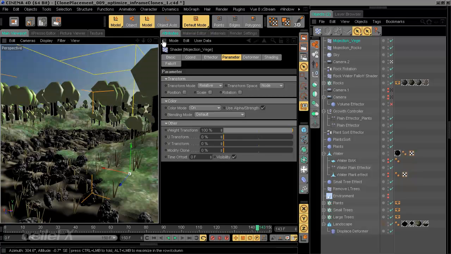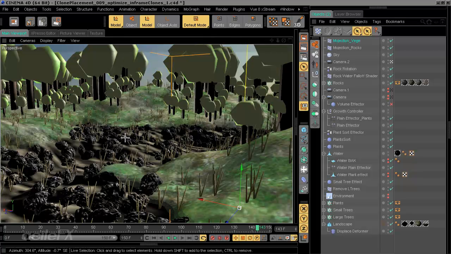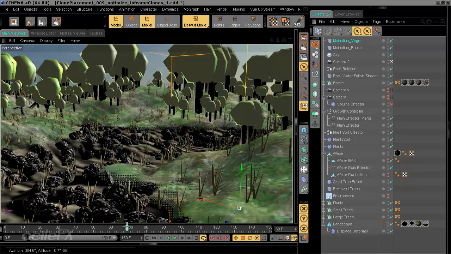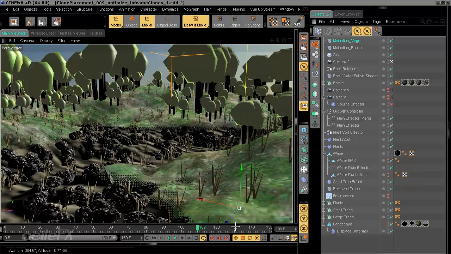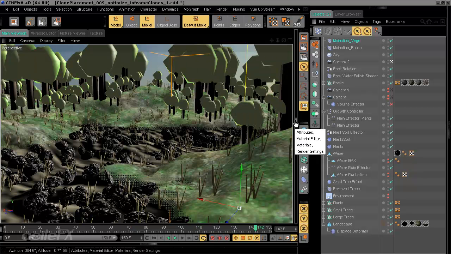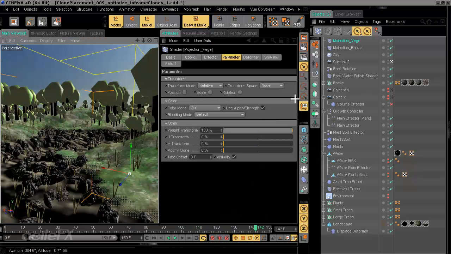Go back into the main viewport, and everything looks good. We still don't have any intersections with any of the effectors, so those are showing up afterwards, and that's a good setup. So we can basically carry over the same setup to the plants, or the small setup going around the edge of the water. So go to the plants,